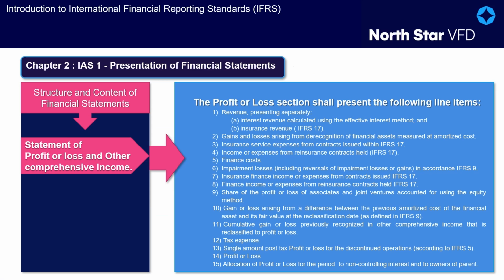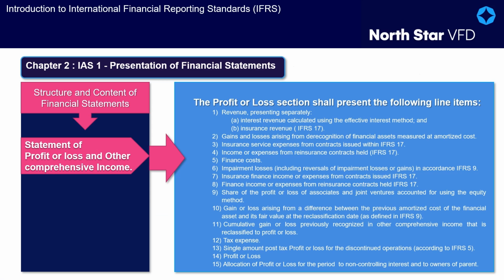7. Insurance finance income or expenses from contracts issued within the scope of IFRS 17. 8. Finance income or expenses from reinsurance contracts held, as required by IFRS 17. 9. Share of the profit or loss of associates and joint ventures accounted for using the equity method. 10. Any difference between fair value and the previous carrying amount at the date of reclassification, when a financial asset is reclassified out of the amortized cost category to be measured at fair value through profit or loss, as required by IFRS 9. 11. Any accumulated gain or loss previously recognized in other comprehensive income that is reclassified to profit